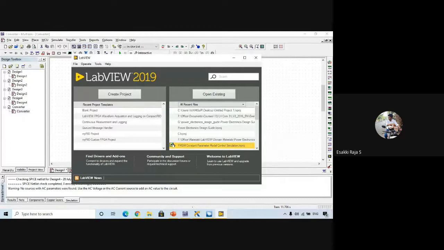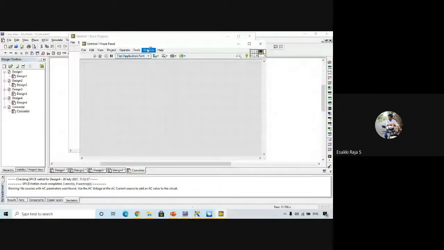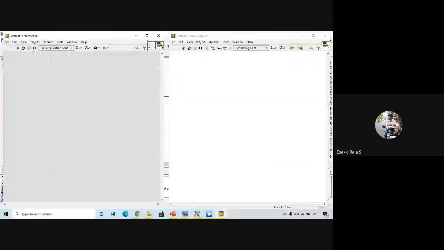In LabVIEW I'm going to create a new program: file, new VI. I'll share my screen equally for both the front panel and the block diagram.